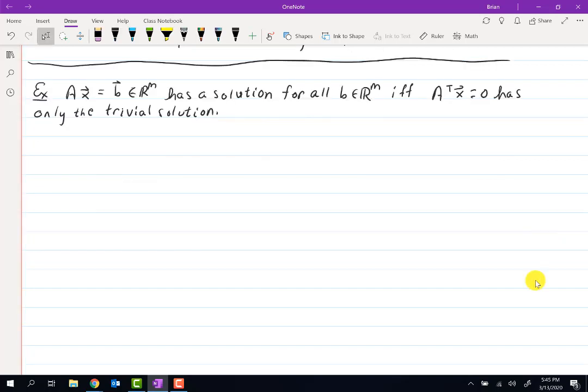All right, the if and only if part means that there's two directions to prove here. First, let's assume